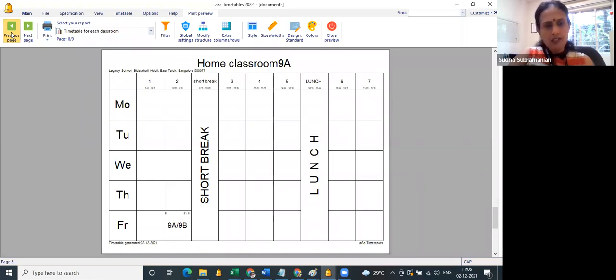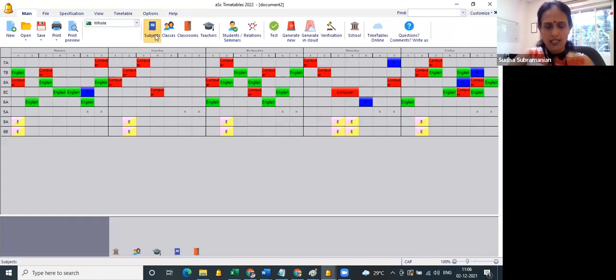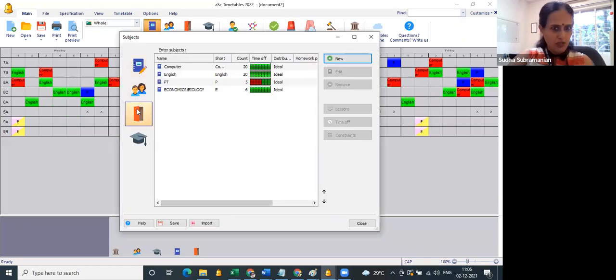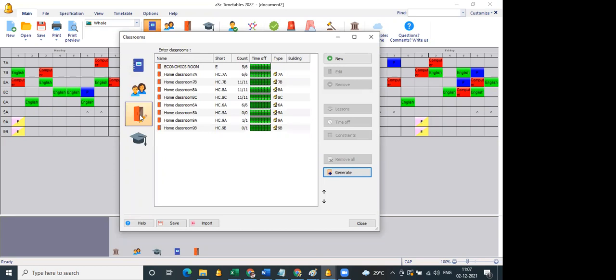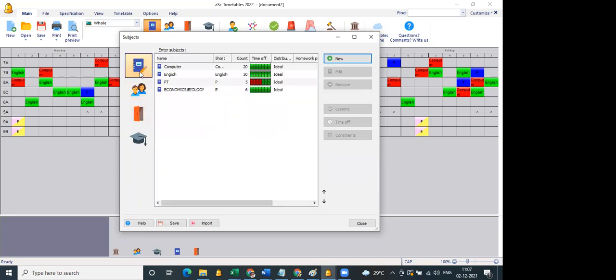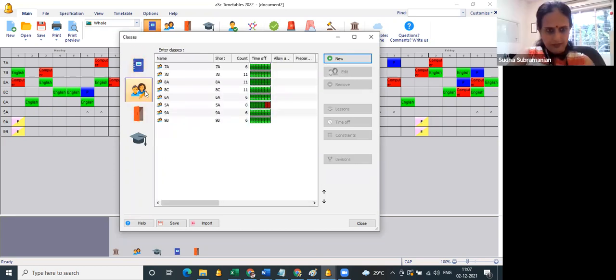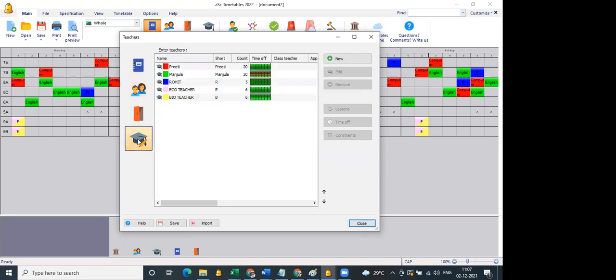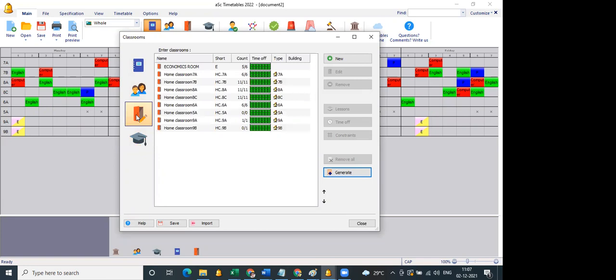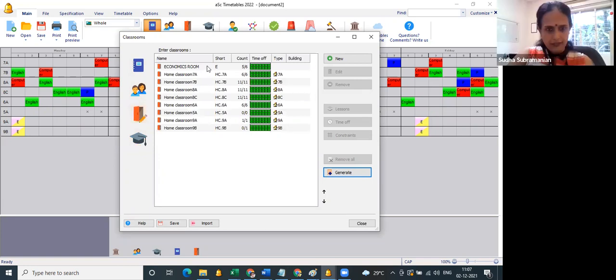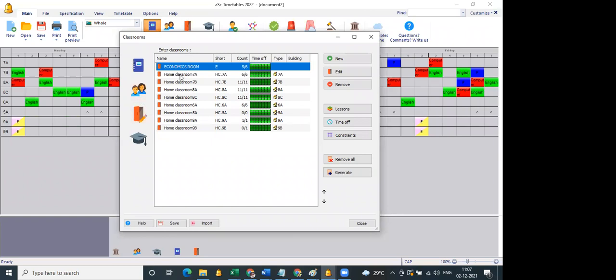So where is it that we define the spaces? Say room numbers or classroom names. That is where we need to put in the data also, correct? Here, classroom. Yes. So these are subjects, classes, and teachers. But usually, unless you specifically have a room, only then do we enter it. Yes, then only we will have to use this classroom.